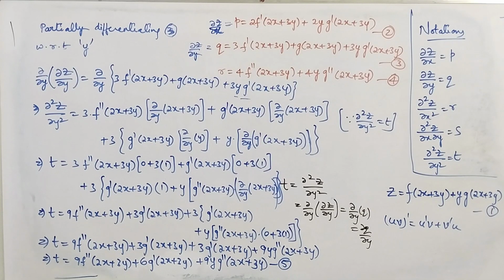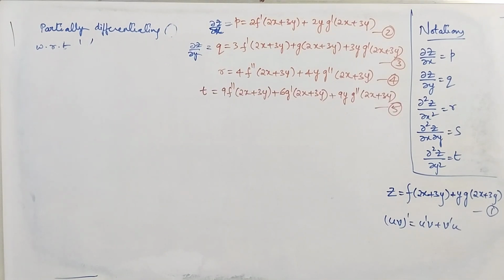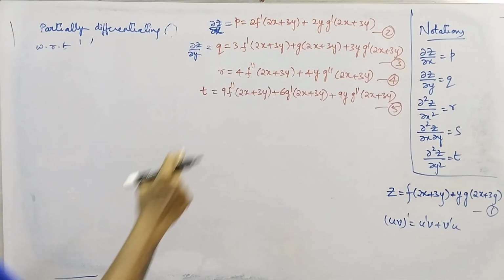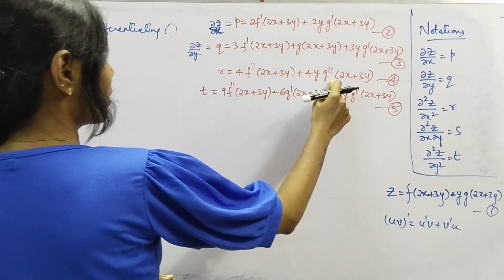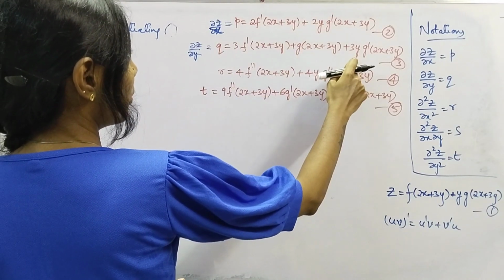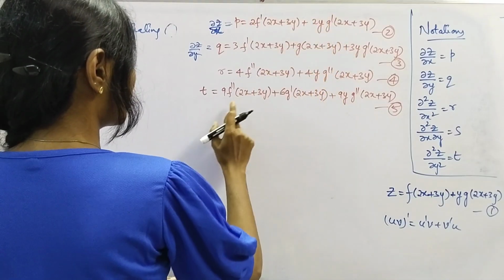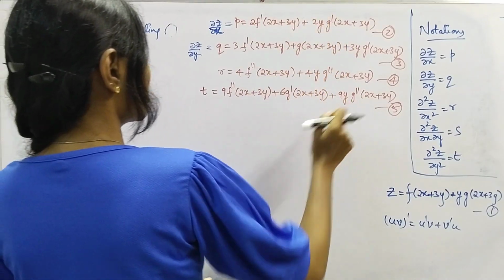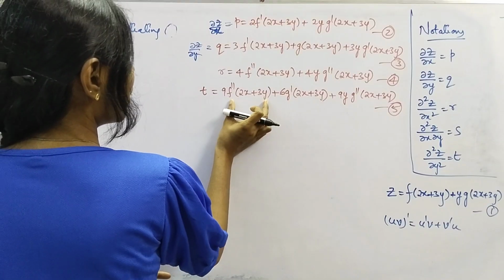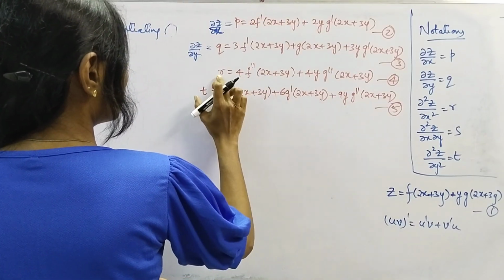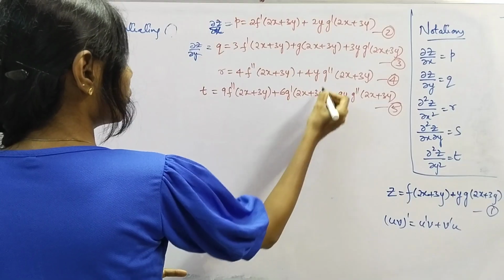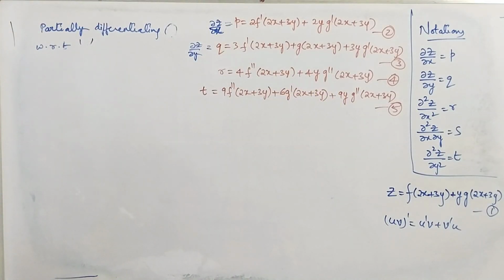Now observe the equations we have. See, in equation R we have 4f double dash plus 4y g double dash. Here you have f dash g y g dash, f dash and g dash. Here you are having f double dash g double dash, right? So we can replace f double dash plus y into g double dash using equation 4. But what about g dash? We need some value for g dash, right? So the equations we have is not enough to find the required partial differential equation, so that we'll find equation